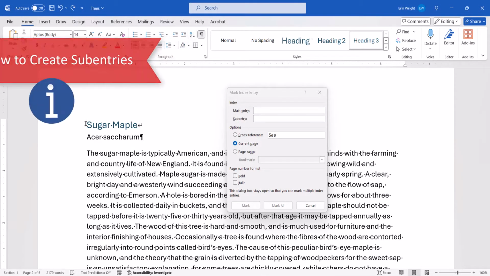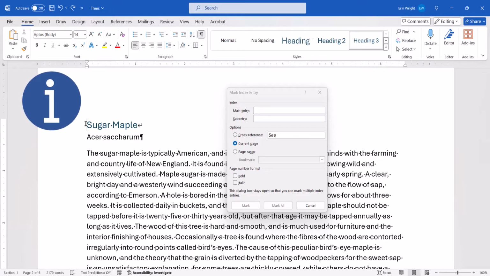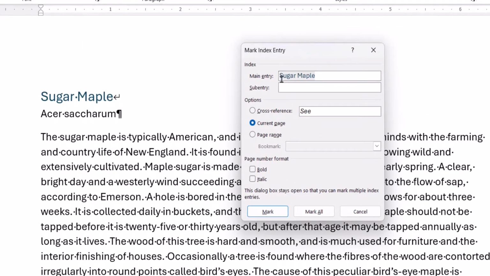Before we start, it's important to note that these steps should be performed after marking the main entry as we just did in the previous section. To begin, select the term that you want to be a sub-entry. The term will appear in the main entry text box.